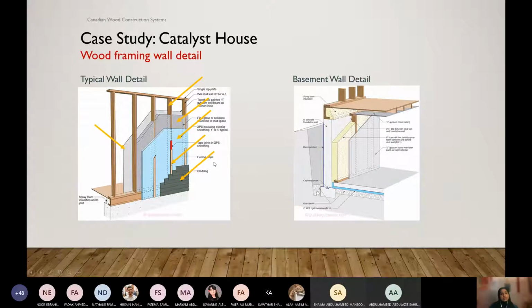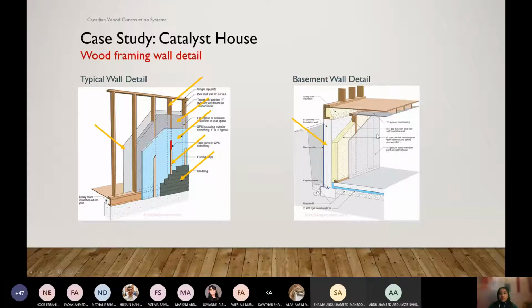And inside, from inside of the room, what you see will be a gypsum board. We call them drywall. So those are all the layers. And sometimes we also use extra insulation on top of that layer. If we use 2 layers of insulation, that will give us a better result in terms of keeping our inside warm. So that is a typical exterior wall, the wood framing wall.